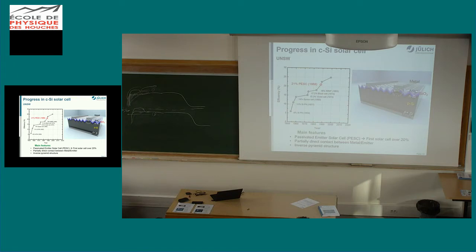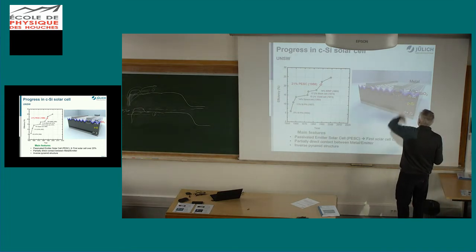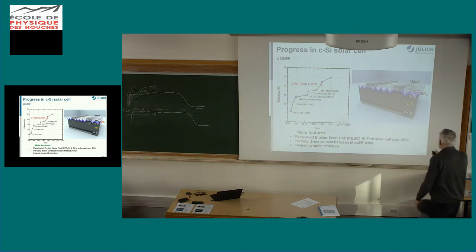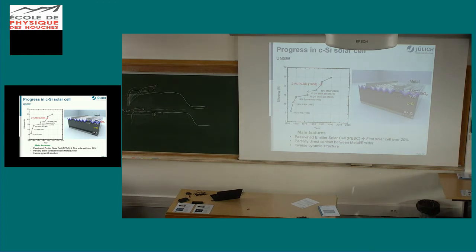Then what is next? So that's to get to 20%. So then, okay, this was opened again because maybe the silicon oxide could not be so well controlled, so that maybe you can reduce the resistance just by opening, but you preserve the passivation layer over most of the area, and only where you have the contact, you have the contact from the metal to the